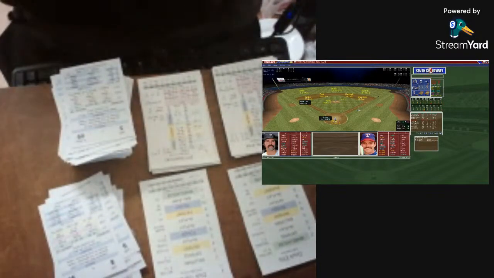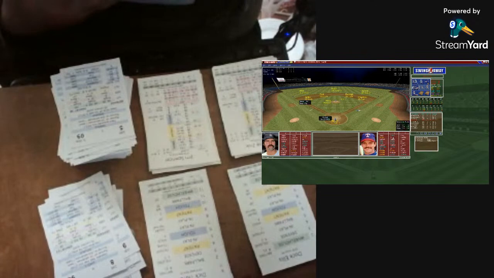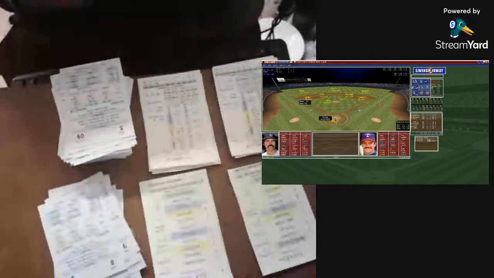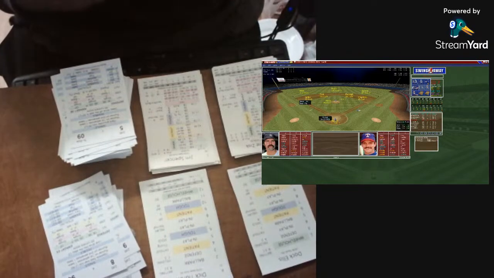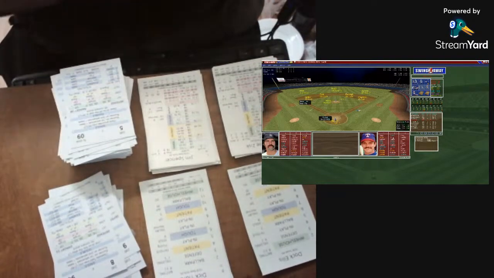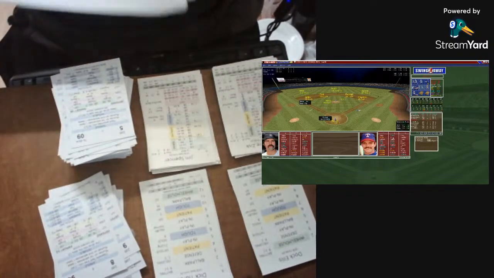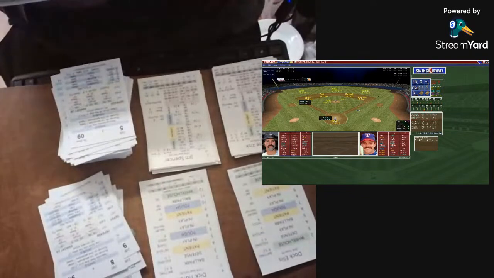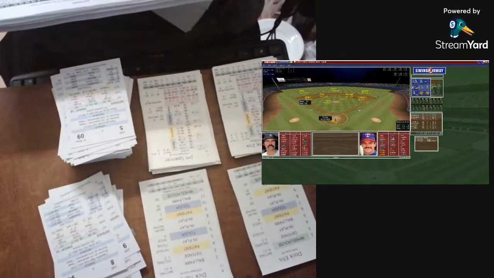So let's see. Is it on here somewhere? No. Okay. It's not on there. So we need to look up the ruling on a sacrifice fly. I think he gets the job done, but we're going to make sure, just to be on the safe side. Again, you got to love charts sometimes, but you just sometimes got to use them for what is not given to you. So let's see.